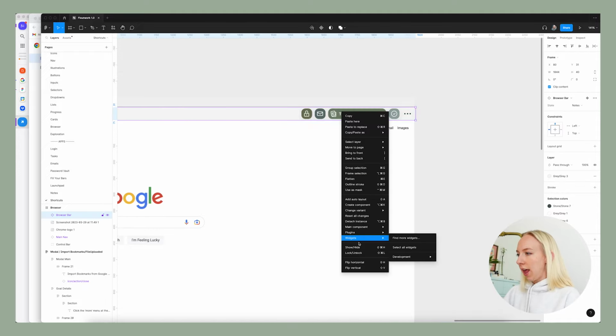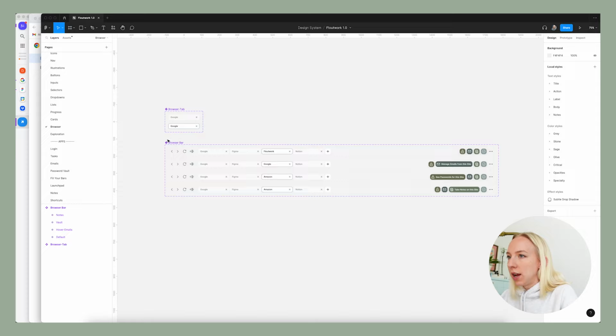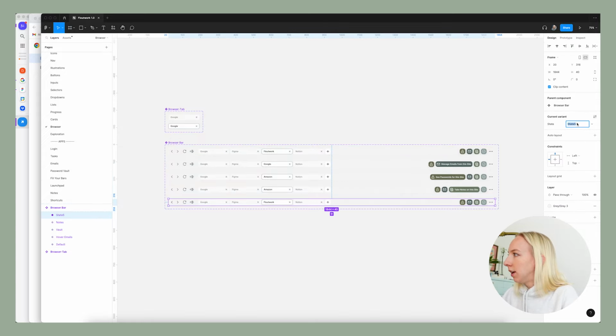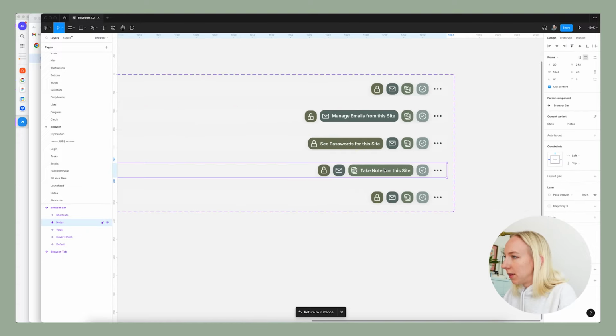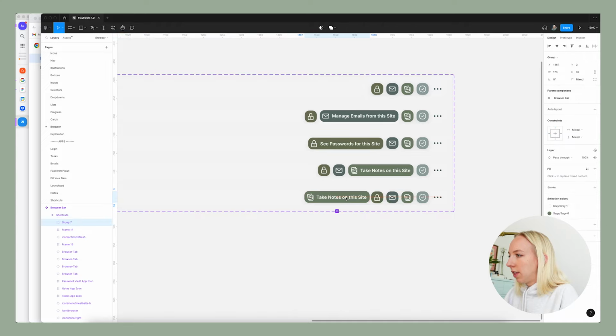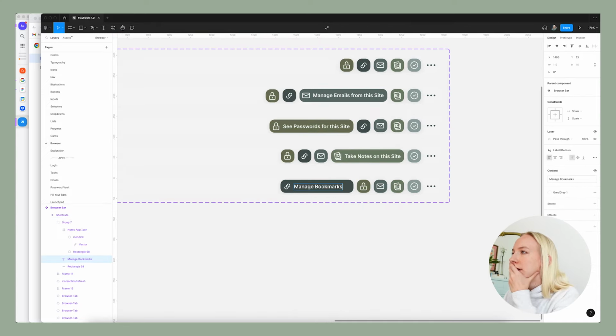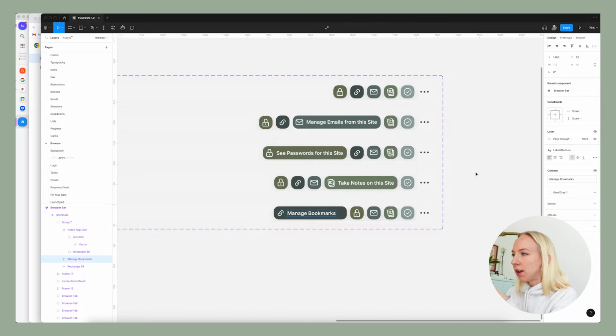I actually need to create a new component here. So I'm going to hit the plus button and we're going to call this one book. Well, for now we'll call it shortcuts, and we can always rename it once we figure out what the deal is with that. Then I'm going to copy this and put it here. For the other ones we did manage emails from the site. This is basically so that when you're on any specific site, Floutwork is smart enough to know what of your information within Floutwork applies to that website. So like manage,